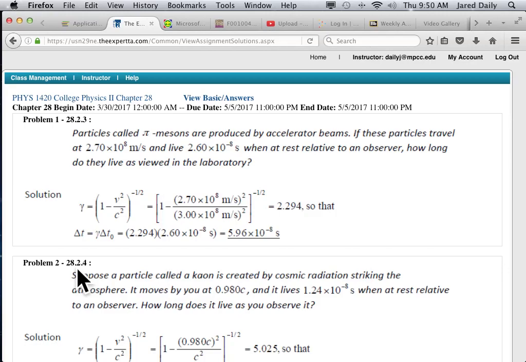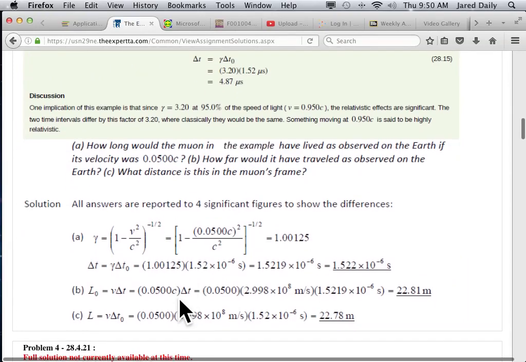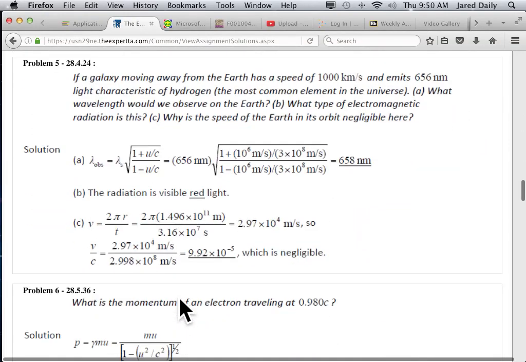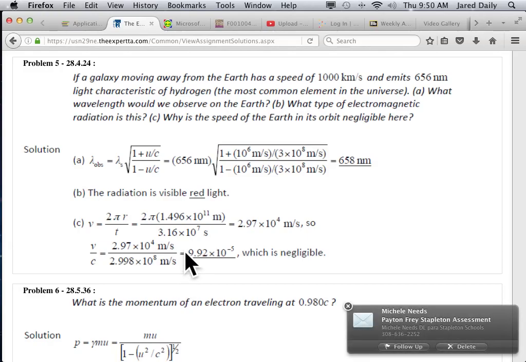All right. Problem 5, part A. A galaxy is moving away from the Earth at a speed of 1,000 kilometers per second. So this one's going to be a relativistic problem involving the Doppler effect, right? So